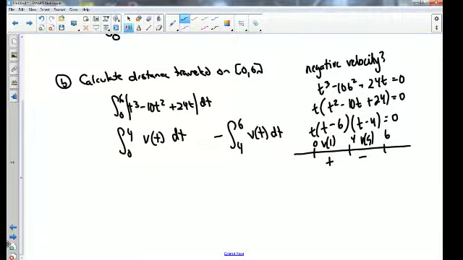So do you do 0 to 4 because it has the same sign? 0 to 4 is positive. So because it has the same sign, you do 0 to 4, and then when the sign changes, subtract the negative, right? Anytime we have to do a distance traveled problem, should we always check for negative velocity? If you have to do a distance traveled problem, you need to check for negatives.